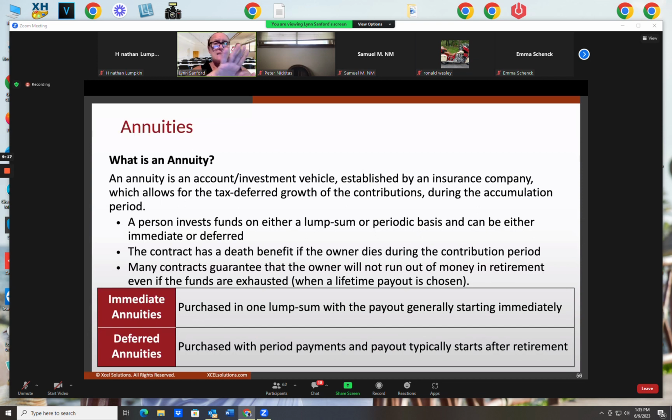You're pushing paying taxation out on the buildup of the money until you reach retirement or well into retirement years. Then when you annuitize and start to take the money out, you'll pay tax on growth. If after-tax dollars went in and they grow tax deferred, then when you take the money out at retirement, you pay tax on growth only.